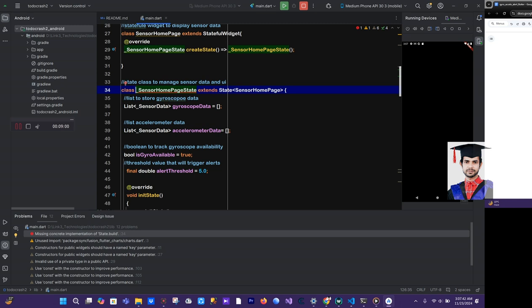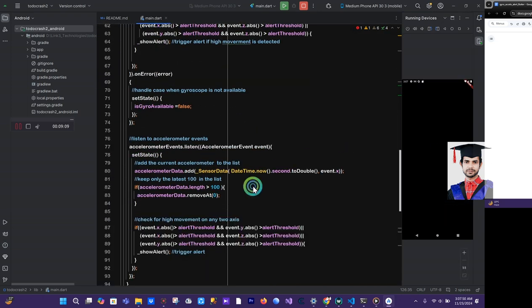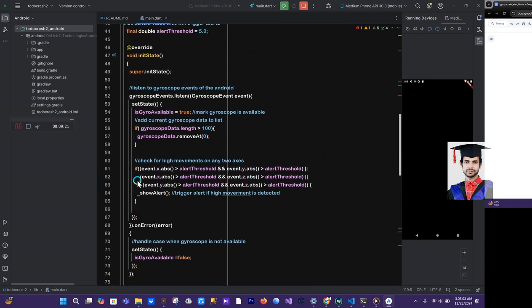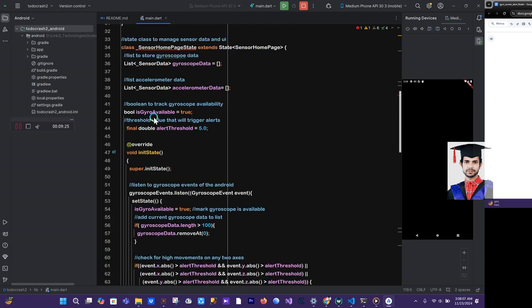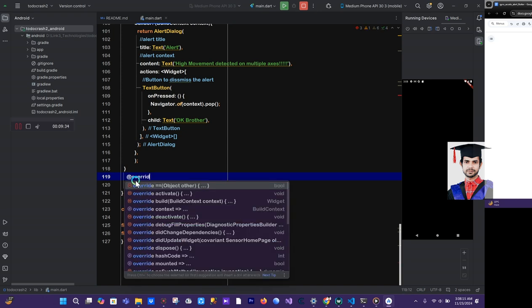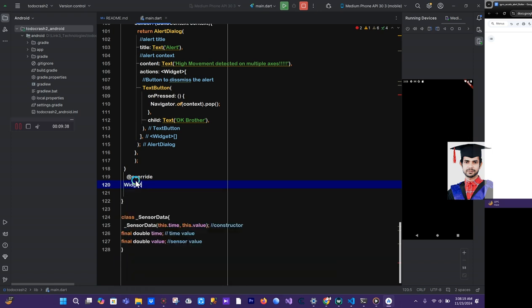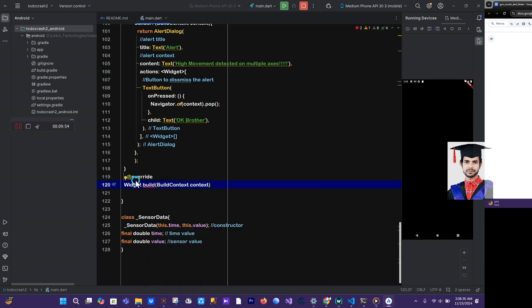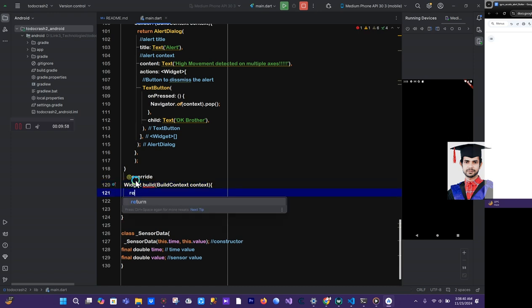We have not implemented any new state build. We implemented all other things. So what we're gonna do is, before this one, we are gonna implement the class we are working on, the sensor homepage state. Inside the sensor homepage state class, we are gonna override, and in this case we get build, and the build will send build context, and do this return